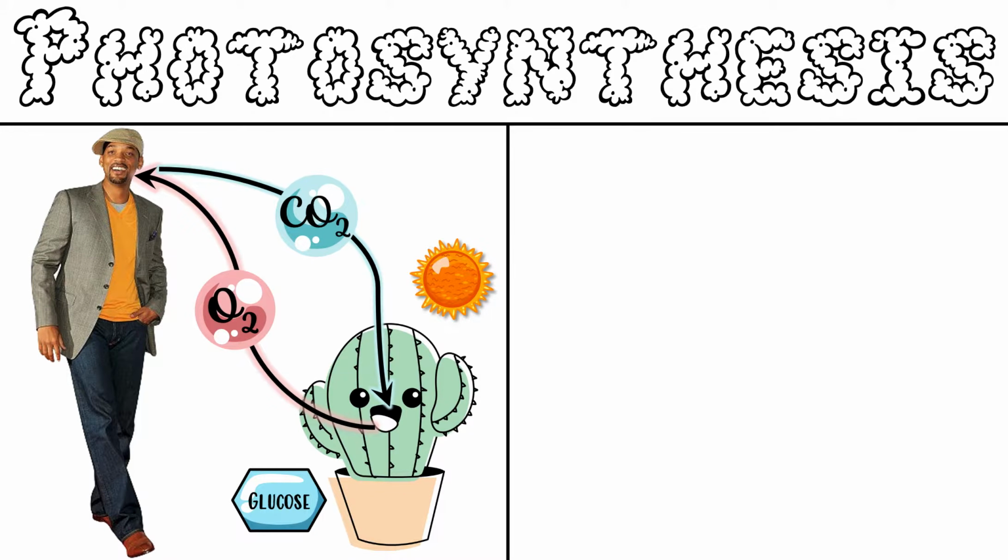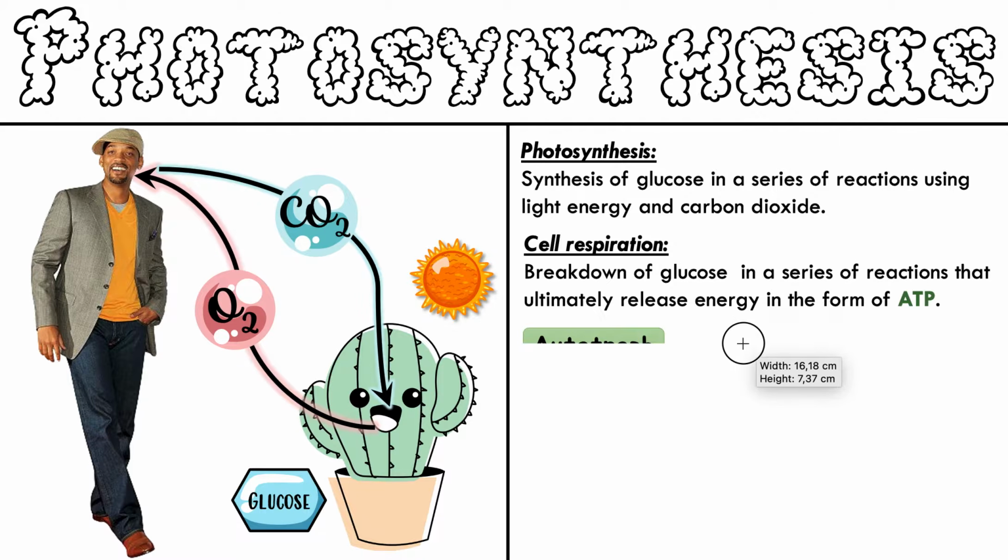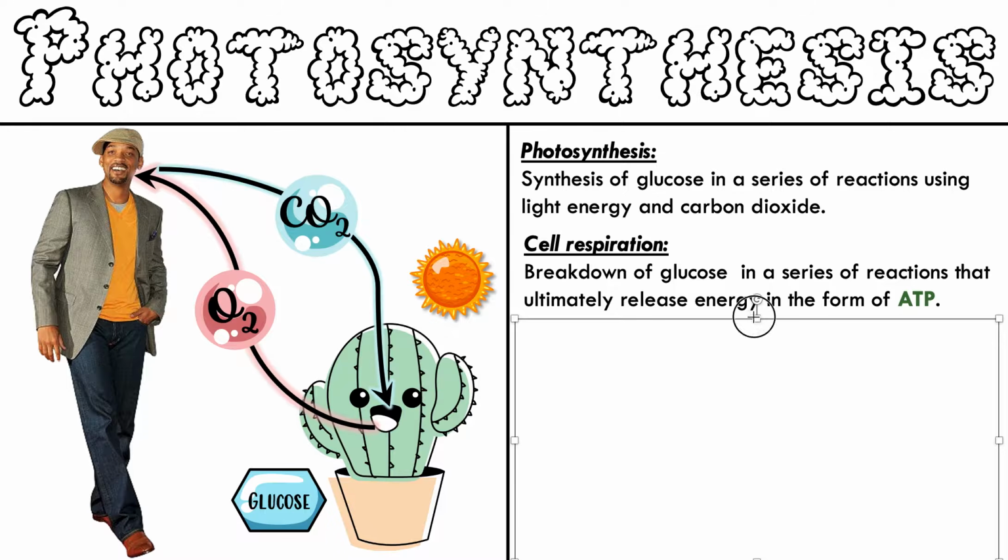So now I want to clear some things up with you real quick before we move on to more detail. Okay, so you can see that organisms work together. The oxygen that plants release can be used by us to do cell respiration, and the carbon dioxide released by us during cell respiration can be used by plants to do photosynthesis, okay? It's a working together process. Okay, here's the definitions of the actual processes, photosynthesis and cell respiration.